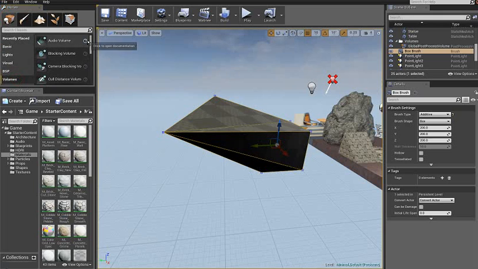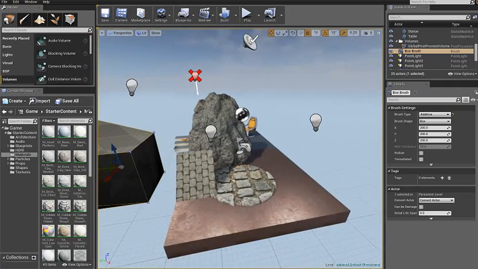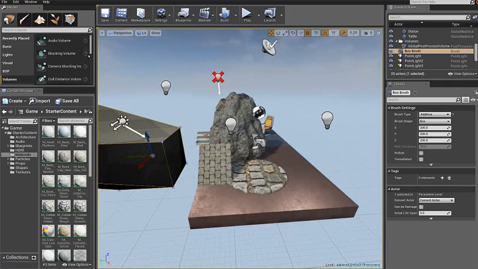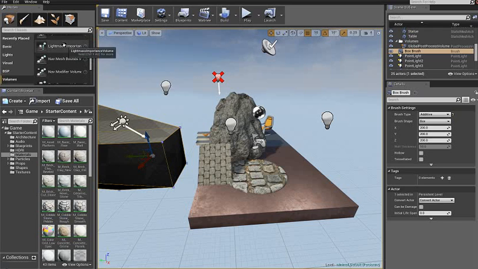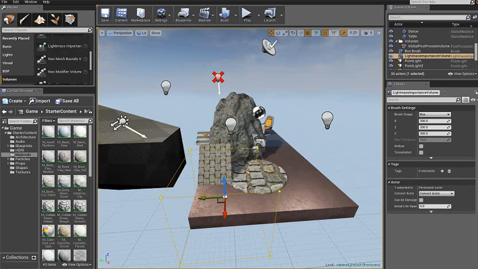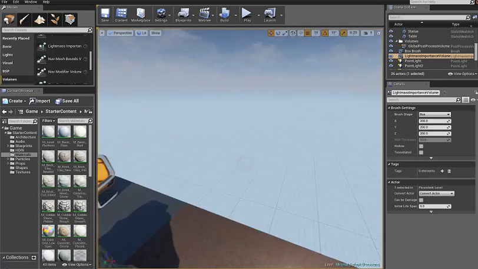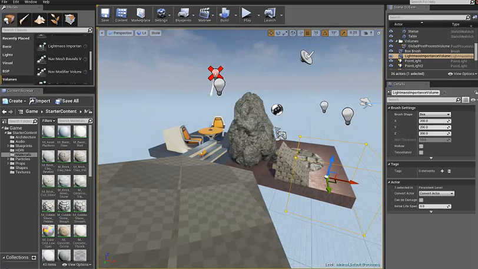Let's see here. Volumes. Volumes are areas of influence. So like light mass importance volume. Everything inside of this square, light mass importance volume makes it so it renders the light completely instead of just half-assed. So like if I have an importance volume on only this half of the scene over here,